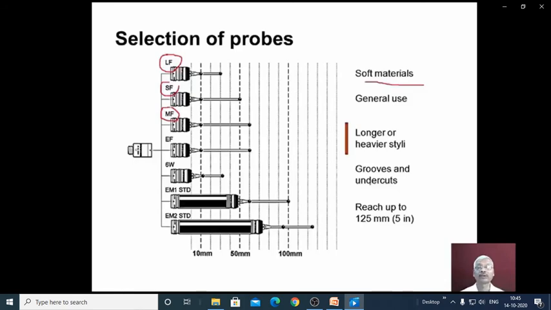And similarly for grooves and undercuts, depending upon the type of inspection, we should select the probes of appropriate length with appropriate force requirement.